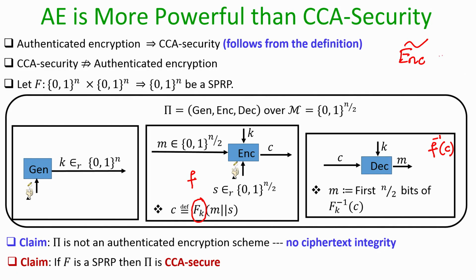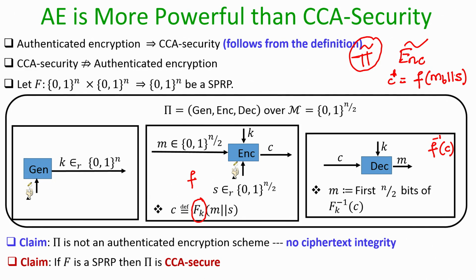So, if we consider that to be our alternate encryption process, then we can prove that this alternate encryption process is indeed CCA secure. This is because the value of the randomness which we are using to prepare the challenge ciphertext in an instance of the CCA game will not be known to the adversary, right. So, if we take this alternate encryption process and play an instance of the CCA game, and imagine that C star is the encryption of the plain text MB, then the encryption of the challenge plain text MB will be as per this process, right. The experiment would have picked a randomness of size n by 2 bits, concatenated with the message MB, and it would have evaluated the truly random function, and that would be the challenge ciphertext.